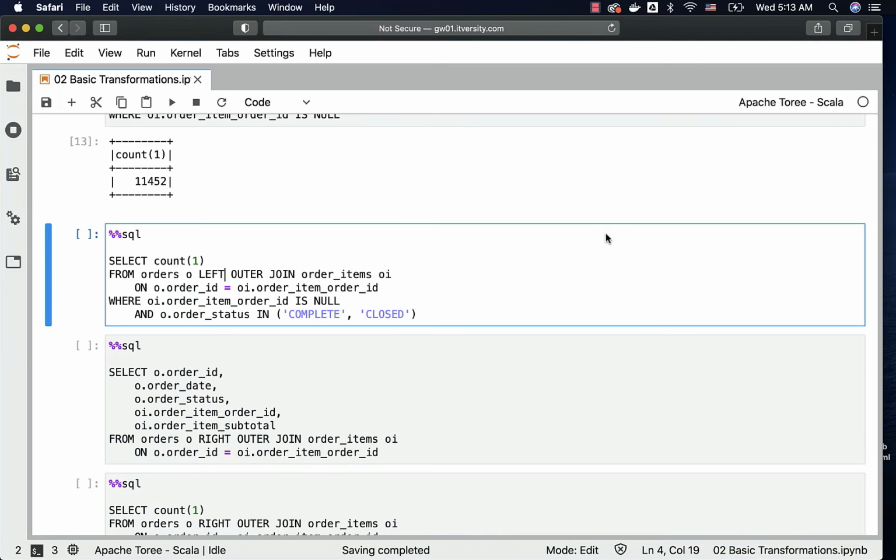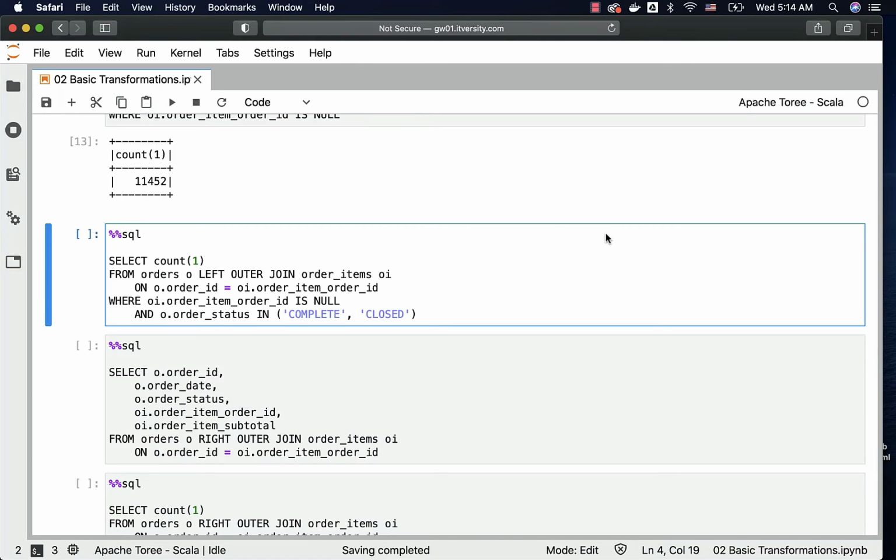If we want to improvise on it further, it doesn't make any sense for orders to be in complete or closed status with no corresponding order items. From the business perspective, if there is an order which is in completed or closed status, and there are no corresponding order items, then there can be something wrong and we have to troubleshoot and fix that issue. It can be an application related issue and we have to work with the application team and get it fixed. Or it can be a data quality issue and we have to troubleshoot while copying data from some source, if something is messing up with the statuses, and we have to fix that process.